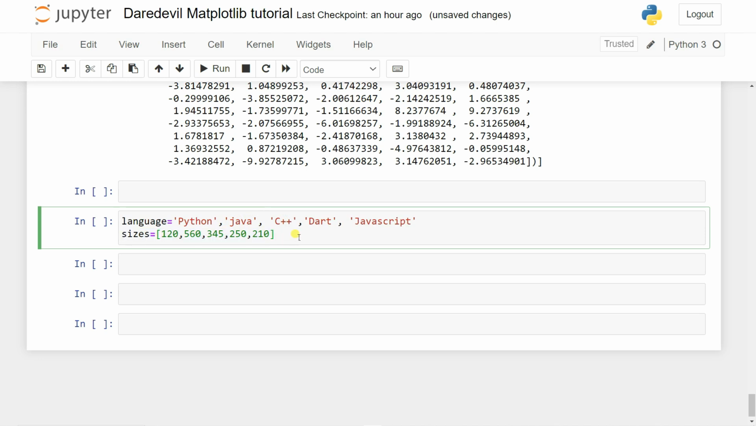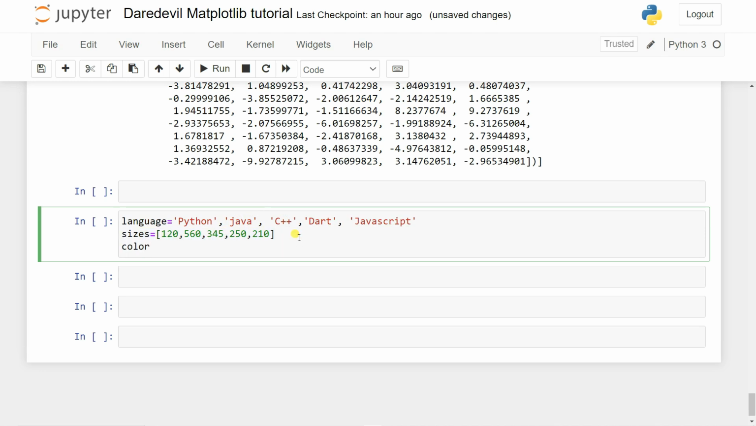So let's give here the list of the colors. See one thing, why colors? Actually, while plotting this five-item plot, you can use some colors. So let's give here some random colors. Let's say Python is golden, and Java, let's say sky blue. Okay, let's say light sky blue,